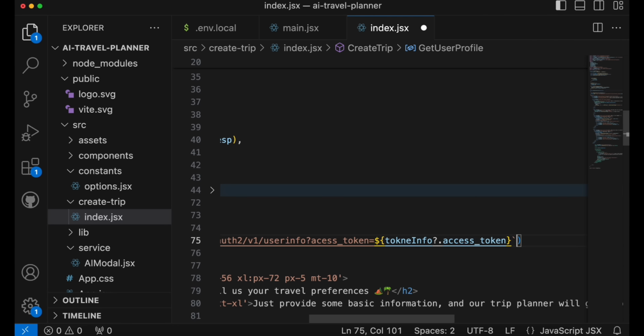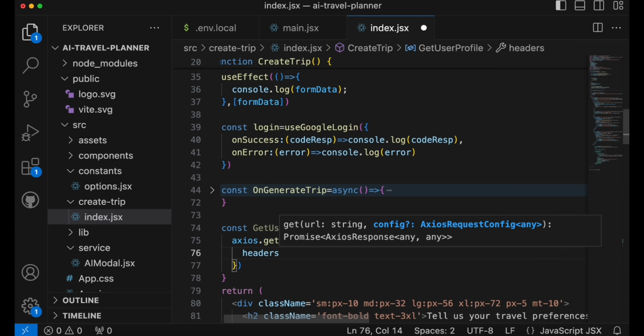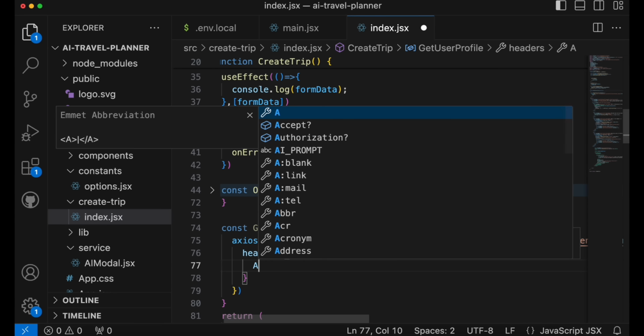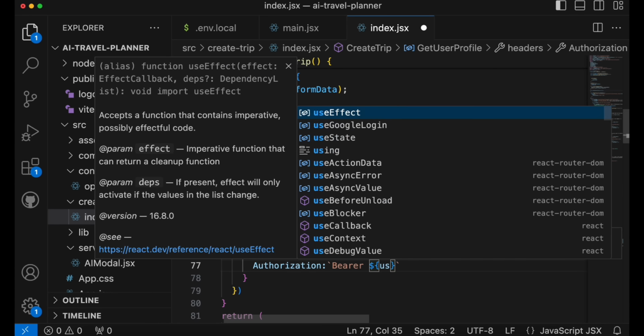Okay, next we need to pass headers. Inside the headers we have authorization, as a bearer token. We pass a bearer token like this. So here we'll say dollar